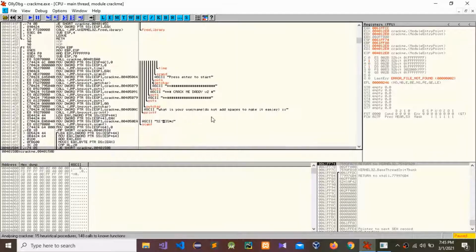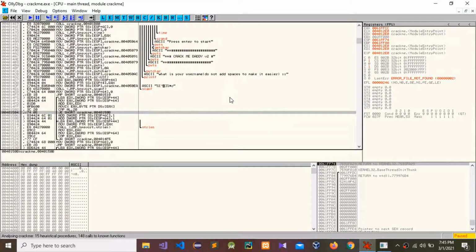Yes, you can see after running that application, you can see "crackme daddy 2 version 2" and v2. "What is your username, and do not add space to make it easier," this information.